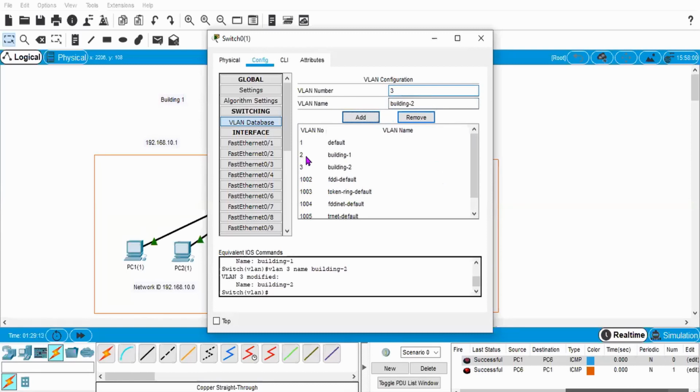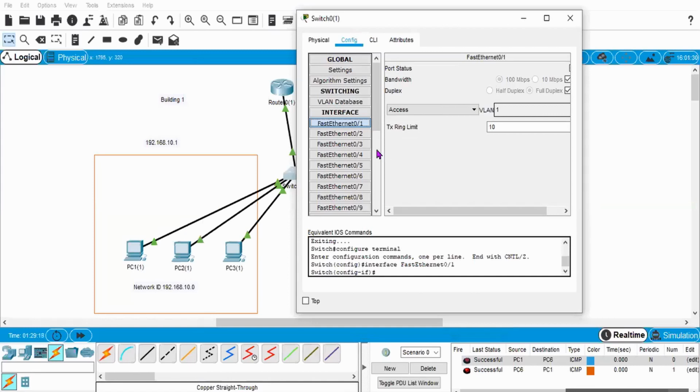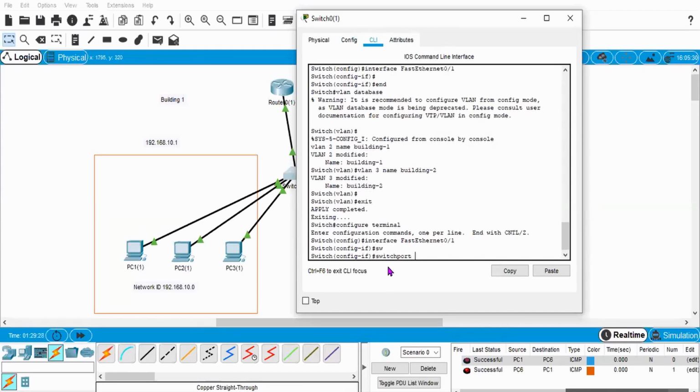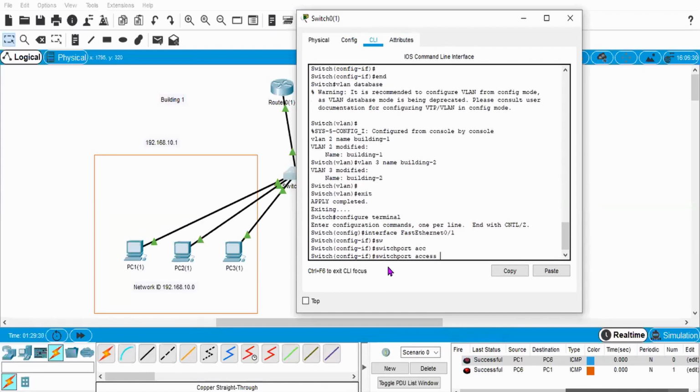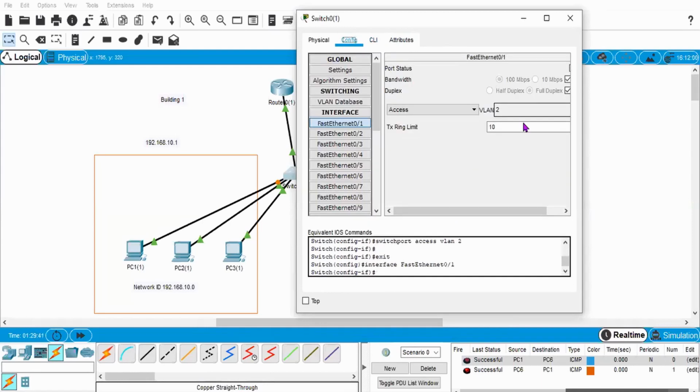Okay, so I have created VLAN number 2 and VLAN number 3. Now building 1 is ports number 1, 2, 3. So for port number 1, I will go to the command window again, and I will type switchport access VLAN 2 for building number 1. Okay, so I can check here that the VLAN number is now changed.